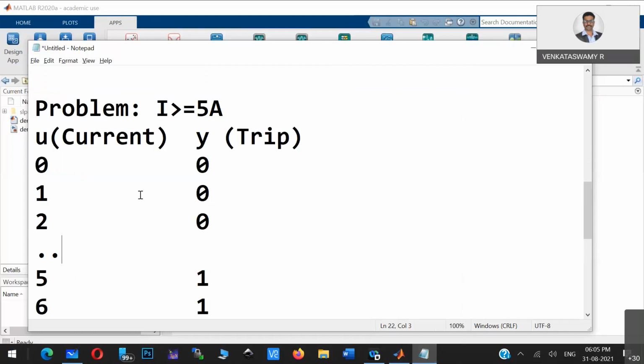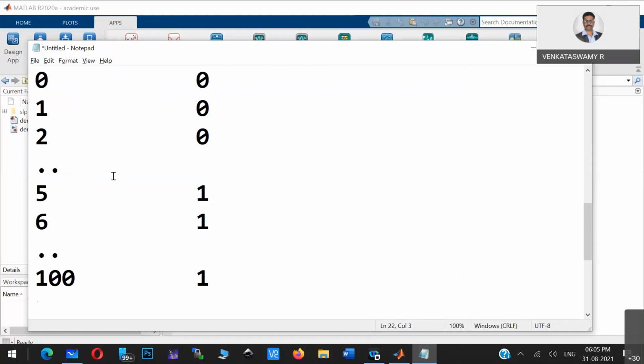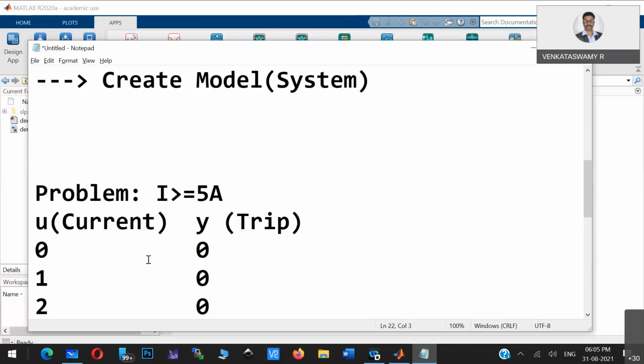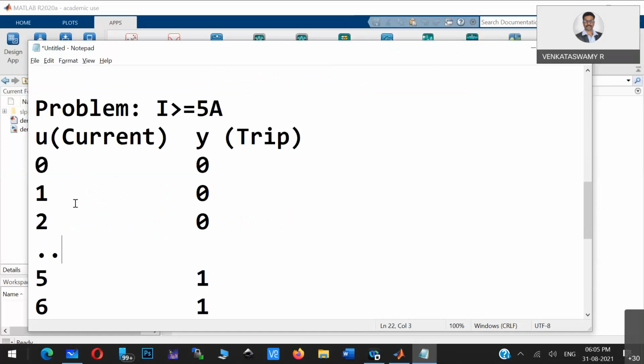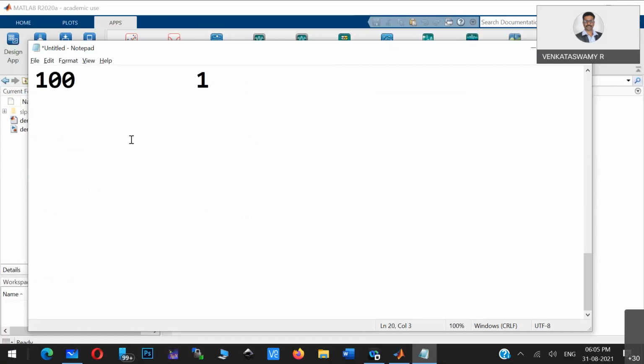Now say I just want to check what happens if the current is 1.25. Whatever model I create, if I feed 1.25 as an input, it should give me 0. That is how it should respond.